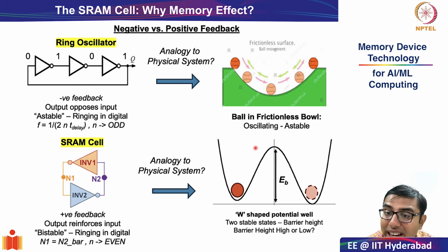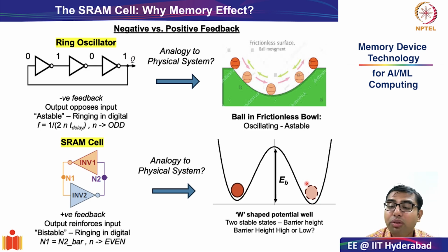However, there is a finite barrier. Suppose now the ball is in N1, or the first pocket. There is a finite barrier that I need to overcome to go to N2. Yes. This kind of analogy of a physical system will be very instrumental in analyzing and designing the SRAM cells. As we saw, there are two stable states. In the case of the SRAM cell, storage node N1 is 1 and N2 is 0, and vice versa. Similarly, here also there are two stable states, or you can call it a bistable system.